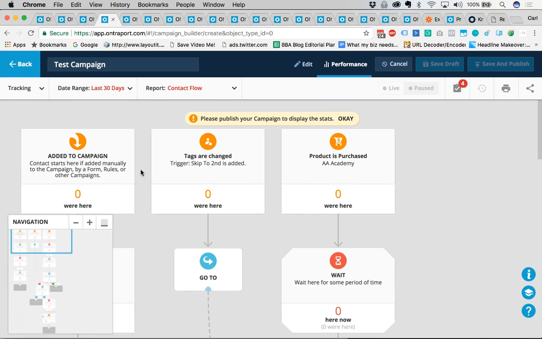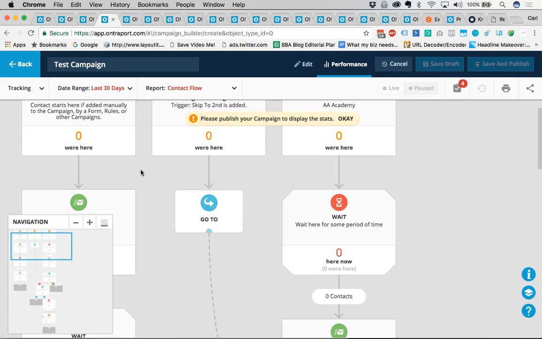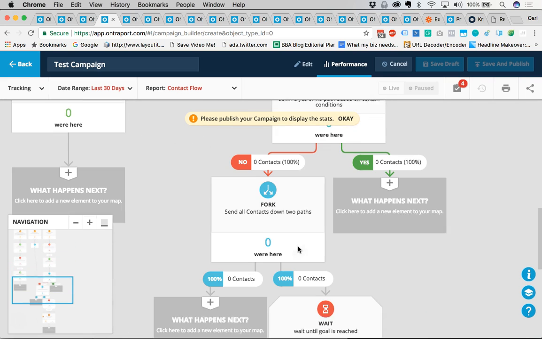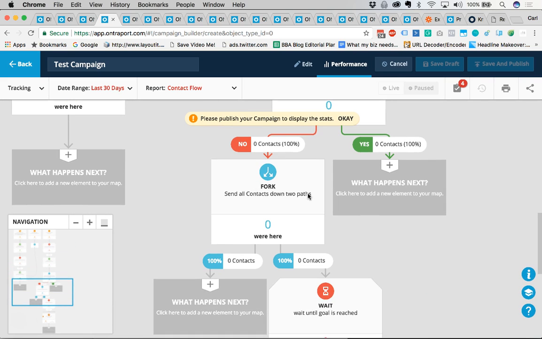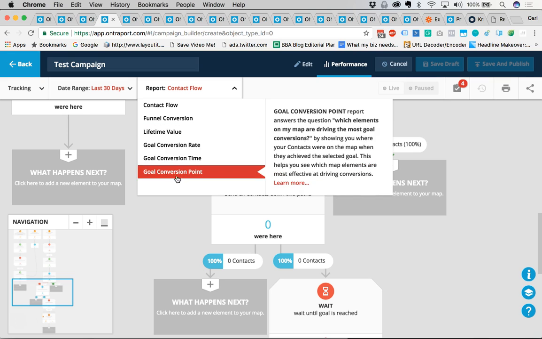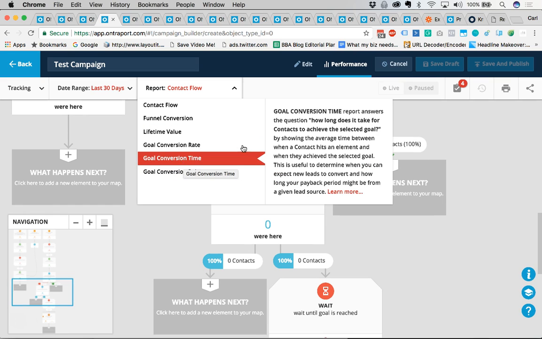You can actually better understand which trigger, which lead source, which email is performing the best, which flow, what emails, what marketing am I doing that's actually working. That's what you can do with the use of these campaign reports. They're tracking how long it takes for someone to achieve the goal. So you'll be able to get the data, which gives you actionable